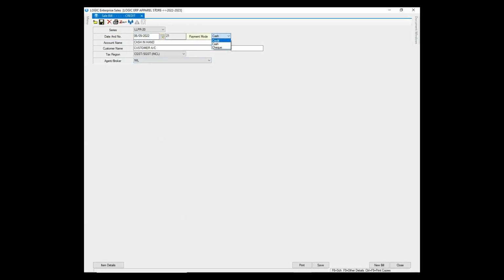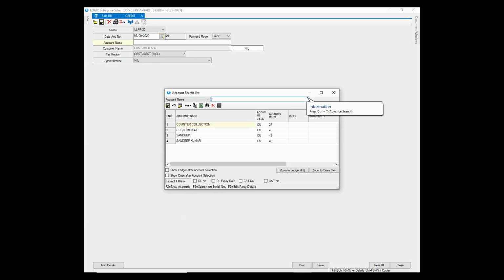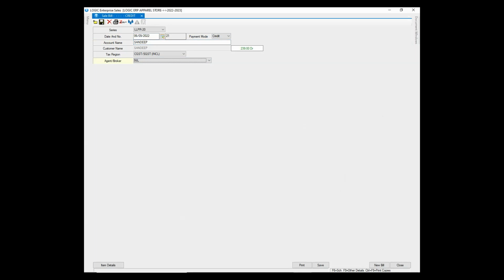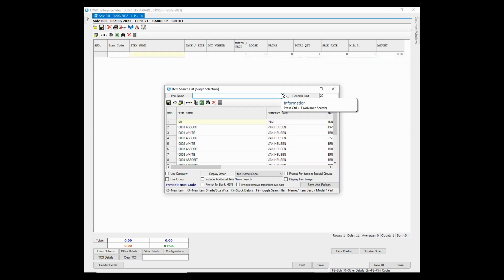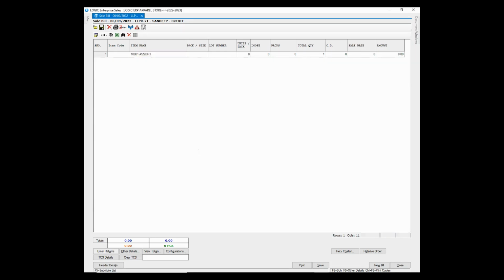Now, let's create a sale bill of the party for which we have applied party-wise CD%. As you can see, once the item is transacted in the bill, the CD is automatically applied.